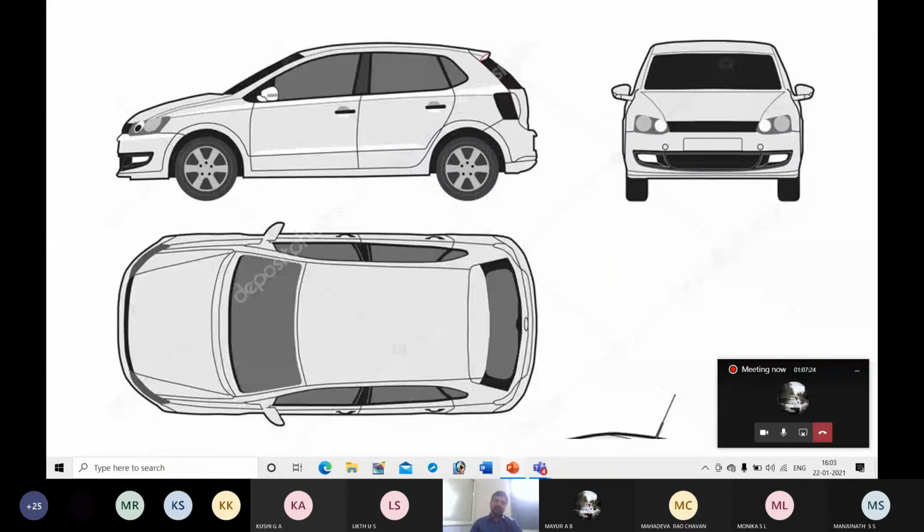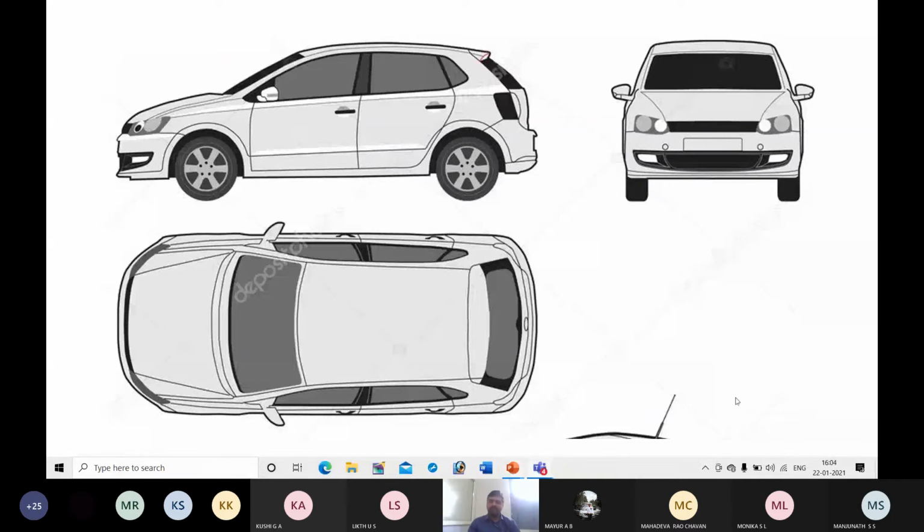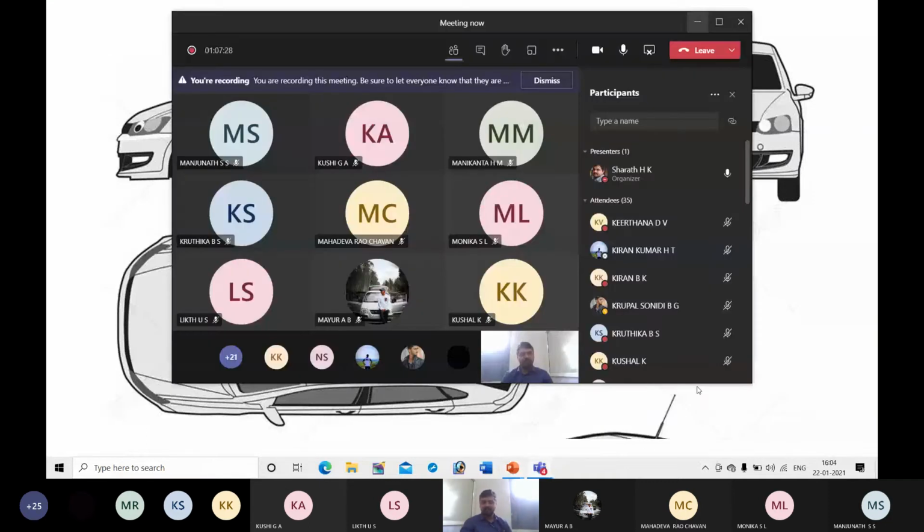Now, when you look straight forward, suppose you are sitting in a room and looking straight ahead, what are you able to see? If you look downwards, you are able to see the ground, that is nothing but the floor of the room.